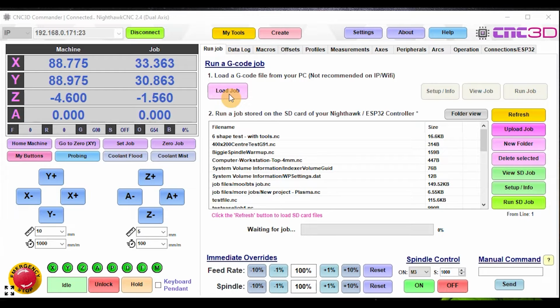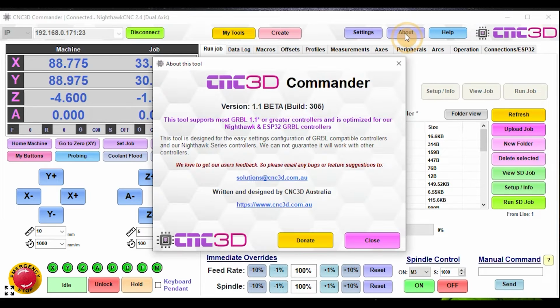So for those of you that don't know, when you have a job on the SD card of Nighthawk, the Nighthawk is essentially running the entire job for you, and Commander is just looking in at that job just to see what it's actually doing. So it's basically providing us feedback like the machine and the job coordinates and basically where it's currently at. So other than that, the Nighthawk's doing everything. So it's been a bit challenging for us to do this, but if we go into the About box here,